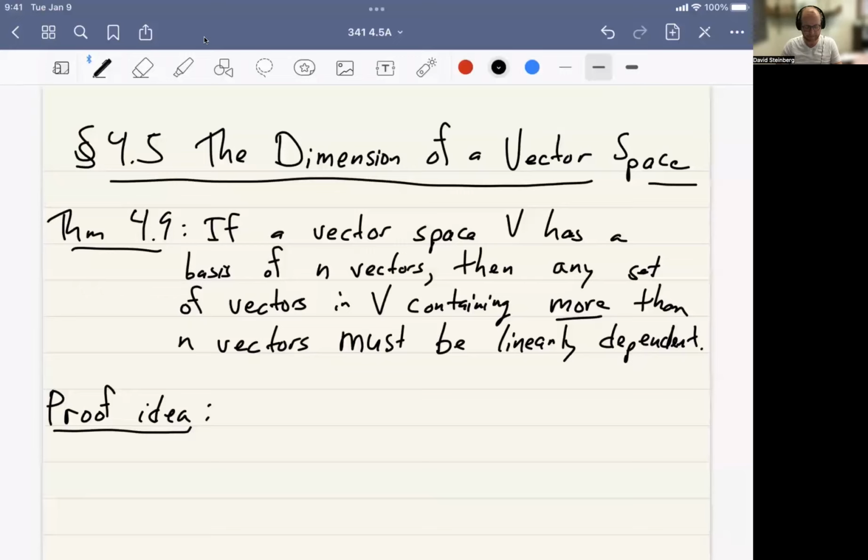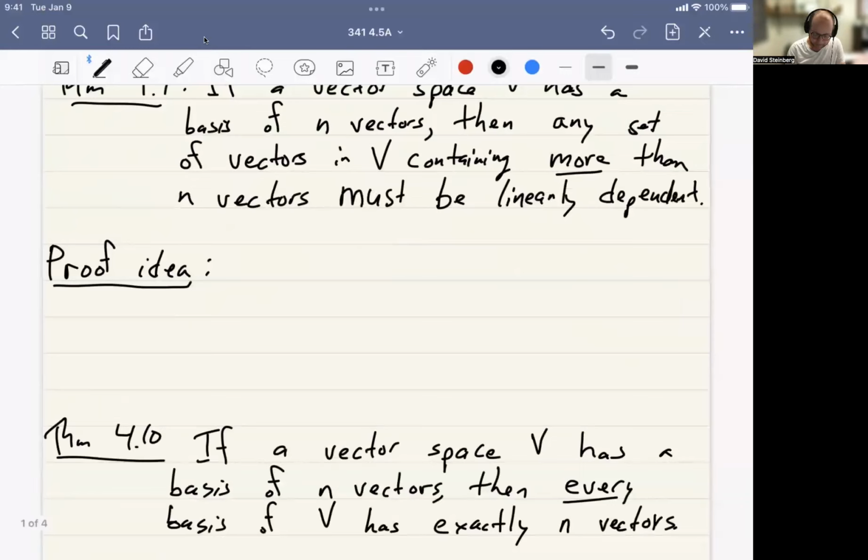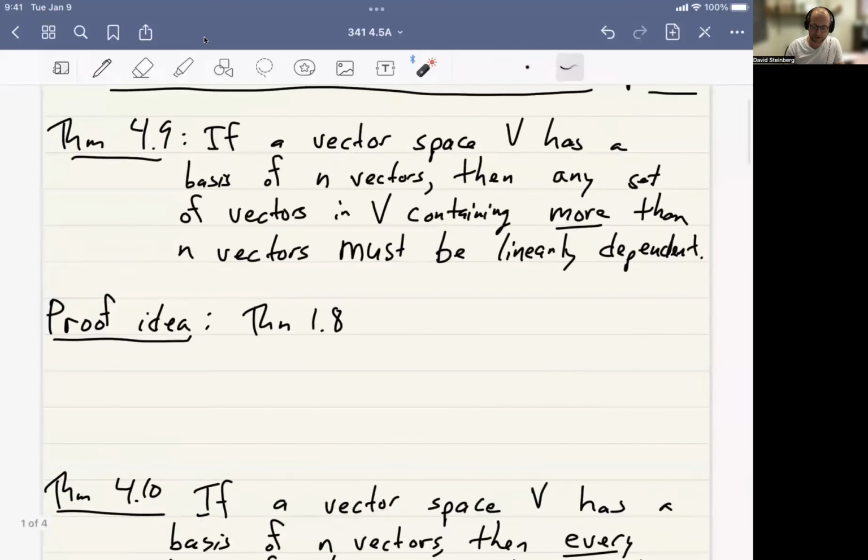If a vector space V has a basis of n vectors, then any set of vectors in V containing more than n vectors must be linearly dependent. And the idea here is that theorem 1.8 says that in Rn, any set of more than n vectors is linearly dependent. And the idea is just that, as soon as we pick coordinates from V, it's basically indistinguishable from Rn. So it says any set of p bigger than n vectors